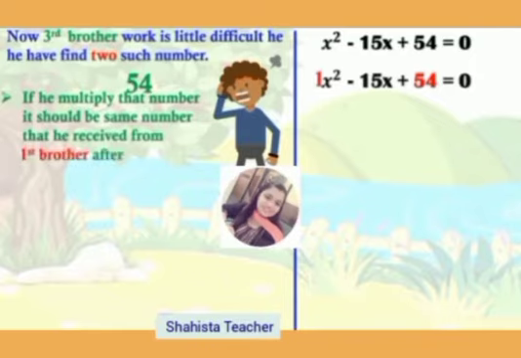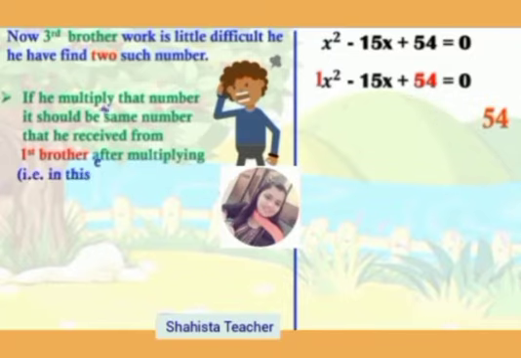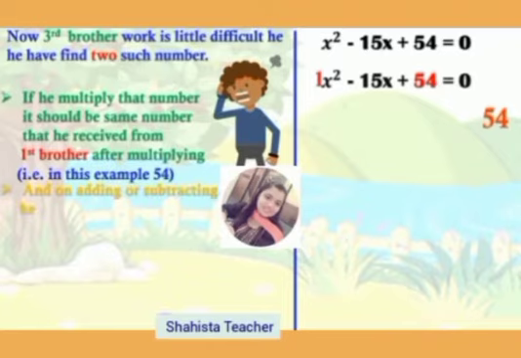As the first brother says, in x square there is no number, that means there is an invisible 1. So in this example, after multiplying 1 into 54 we get 54, and on adding or subtracting he should get the same number as the coefficient,